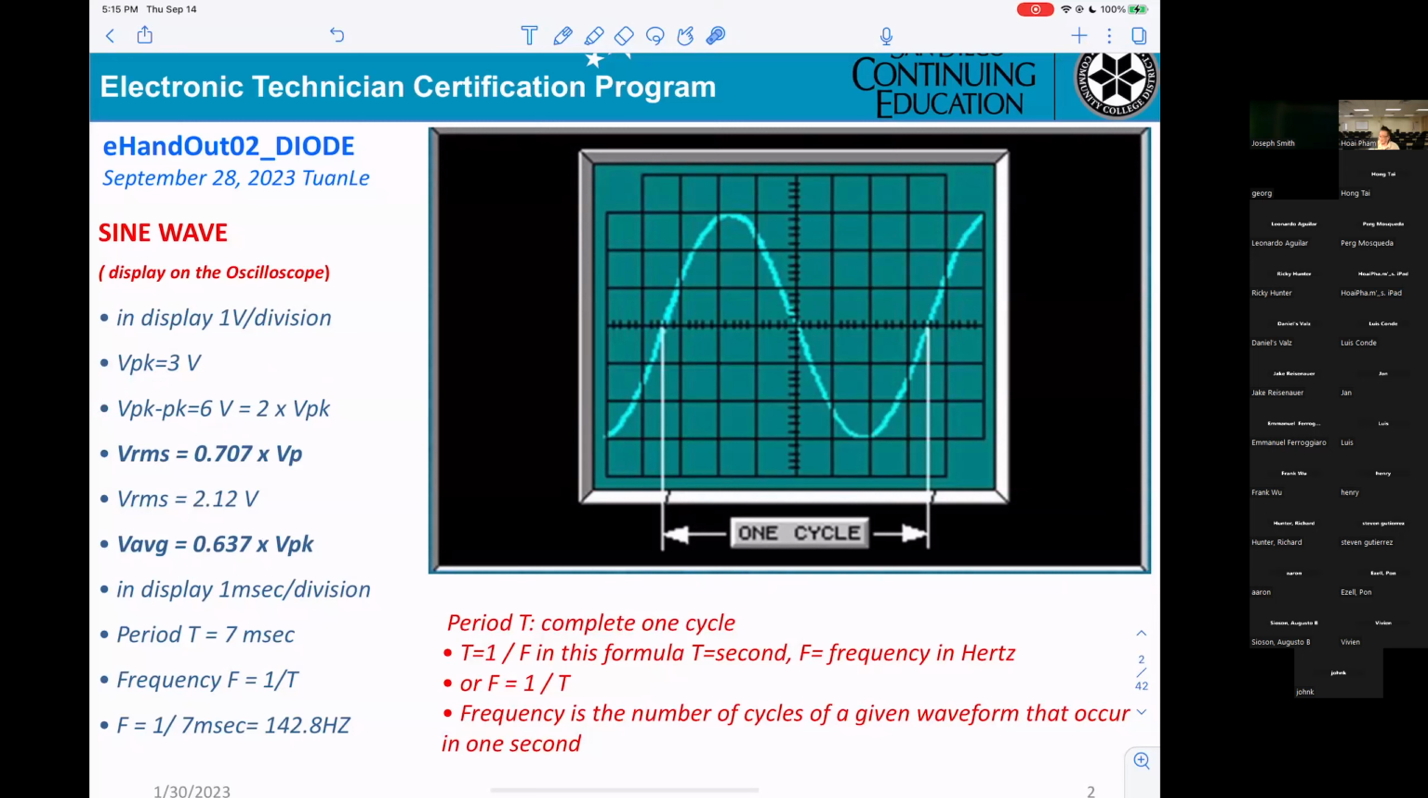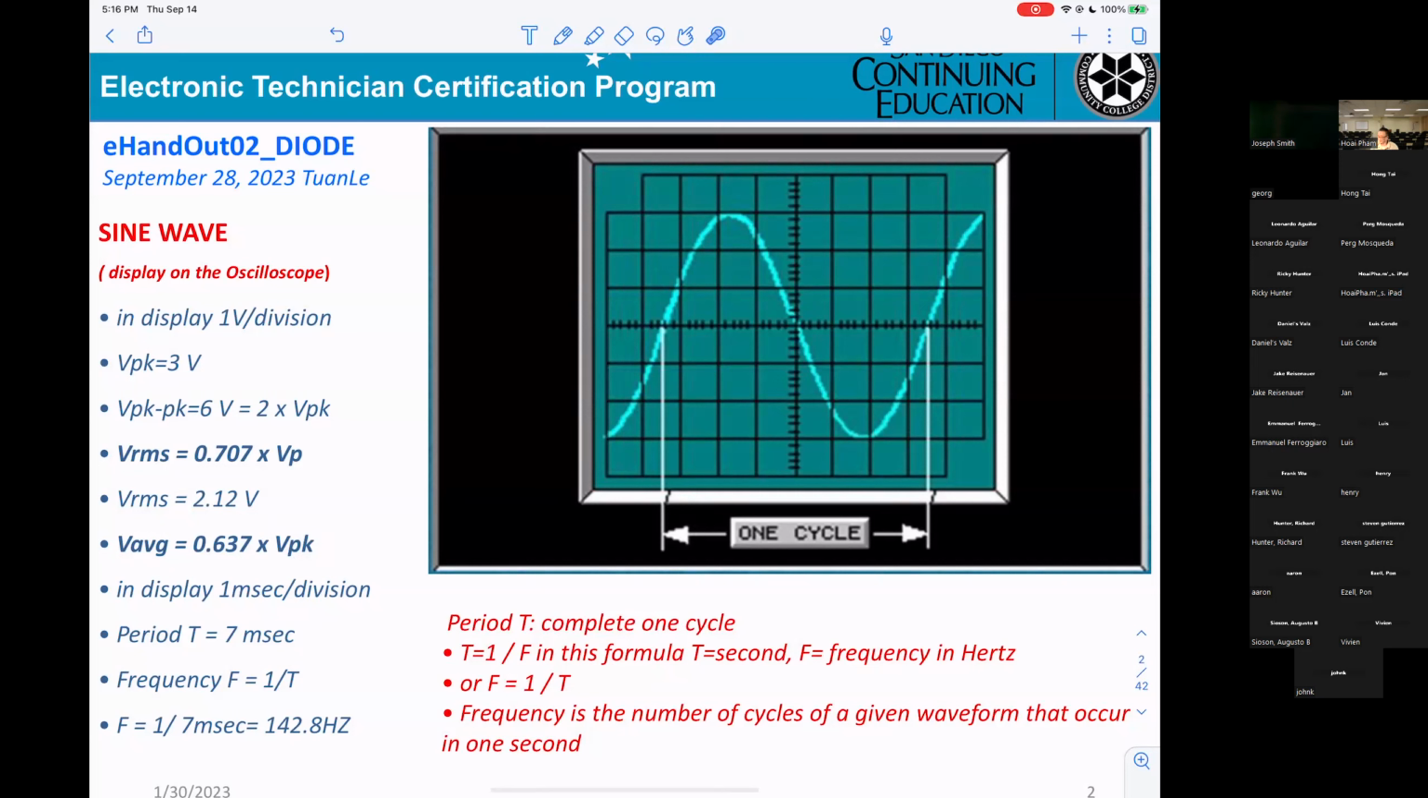If you want VRMS, in here they're not telling you anything about VRMS. The thing is when you measure the sine wave with the meter, DMM, then you get the VRMS. However, if you want to get the VRMS, then this is the formula. You take 0.707 times V peak, and that gives you VRMS, or also the average voltage. And it would